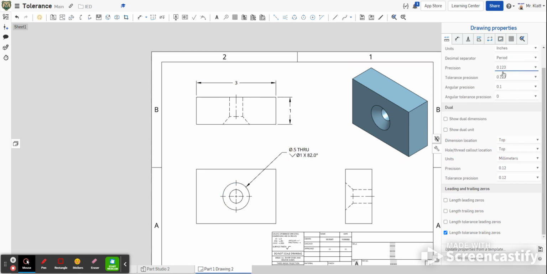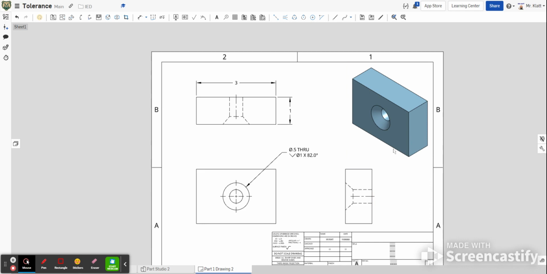I may not need it for this case, but by doing that, if you have a dimension that goes out 6 digits, it'll go out that far and it won't add extra zeros because I unchecked it here. So we'll get rid of that for now. We'll probably end up going back to that menu in a moment. So to add tolerances to a dimension,